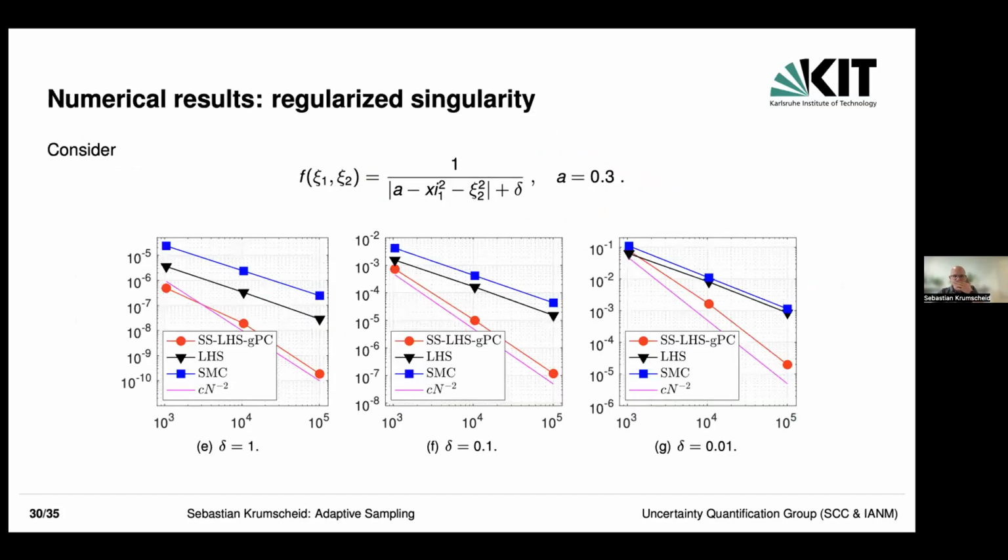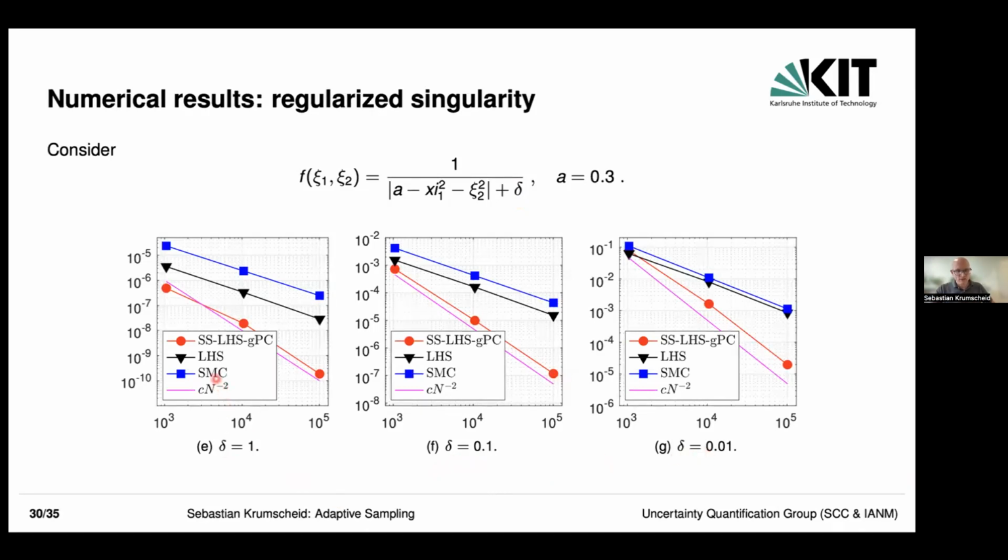Okay, finally, some examples. The first example is a function that has a singularity in A in principle if delta was 0. So now we're regularizing. This should be xi, backslash xi. Sorry for that. So it's a regularized singularity, and that's a problem that has been used in some other works. That's why we are also going to cite it here. And we have different plots for different values of delta, the regularization parameter.